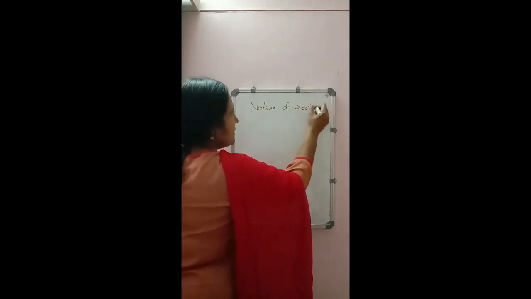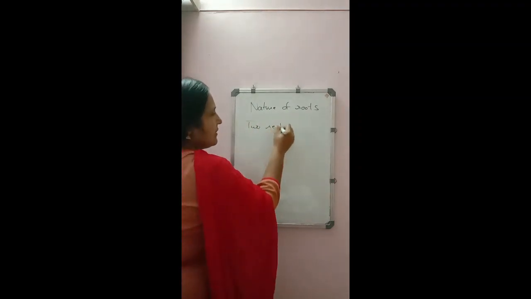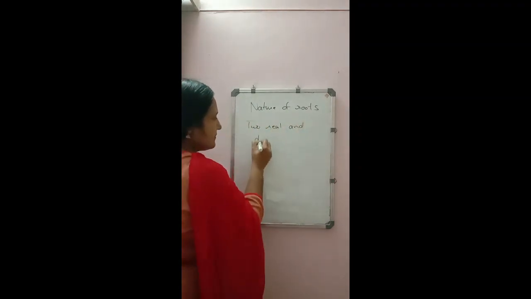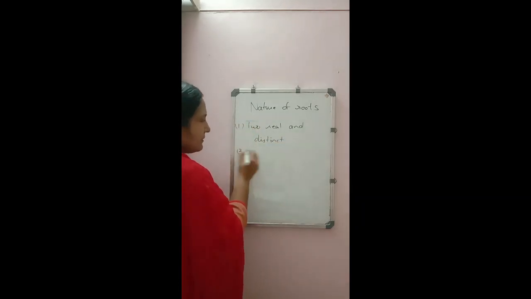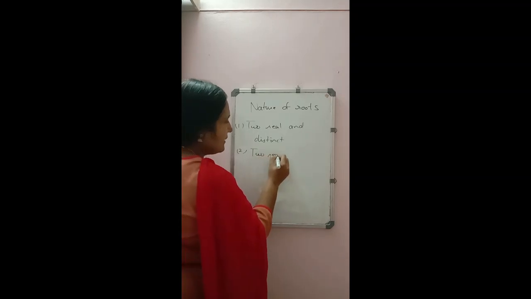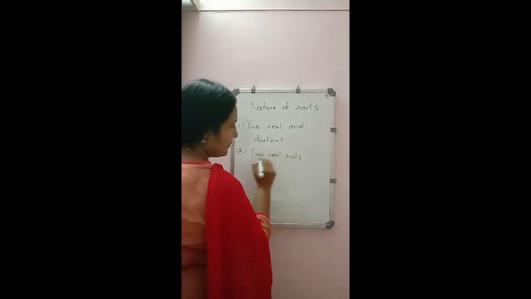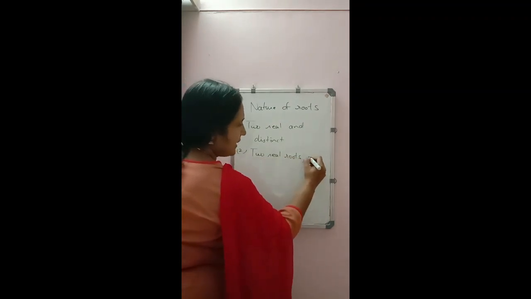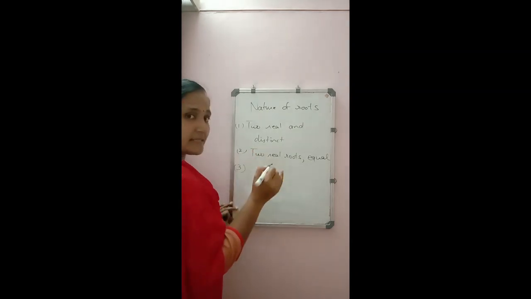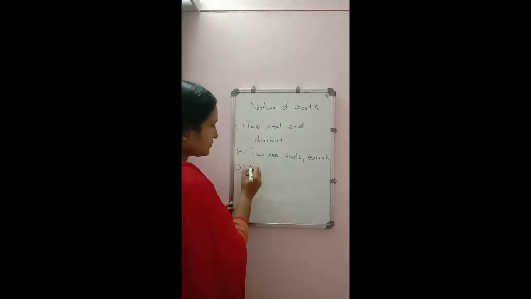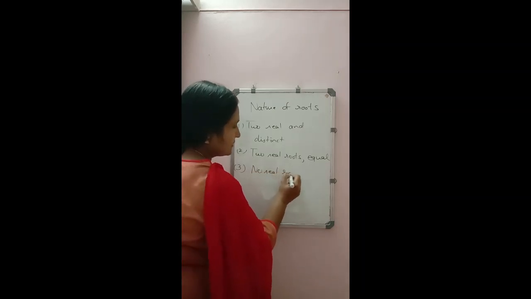When we solved so many equations, sometimes we are getting two real and distinct roots. Sometimes we are getting two real roots only, but they are equal. Roots are also called zeros of the polynomial. And the third case, in some cases we are not getting any real roots. So the last case will be no real roots.